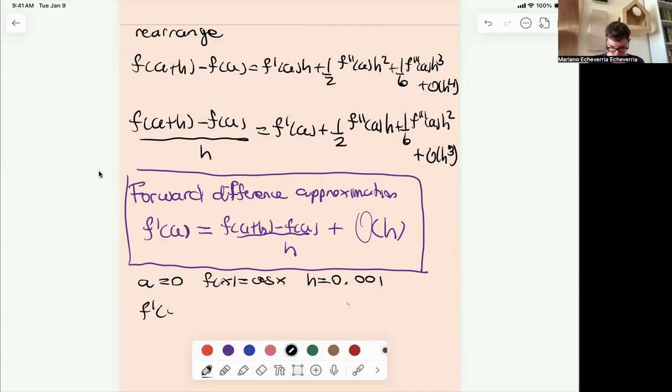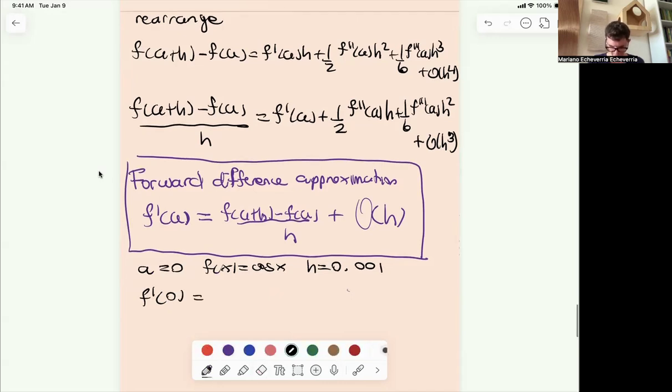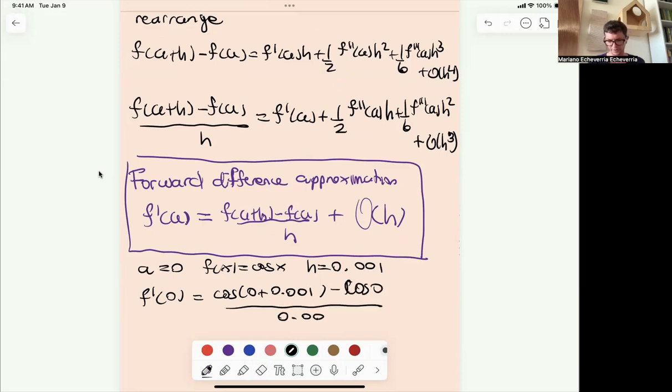According to this scheme, what is f prime of 0? It would be cosine of 0 plus 0.001, minus cosine of 0, divided by 0.001, right? And whatever that ends up being will give you something close to 1. In fact, it's possible that if you put it on the calculator, it would just give you 1 or 0.99999, depending on how the calculator